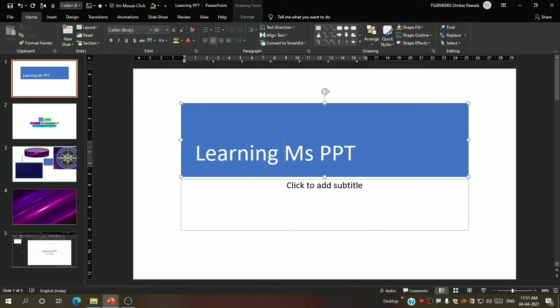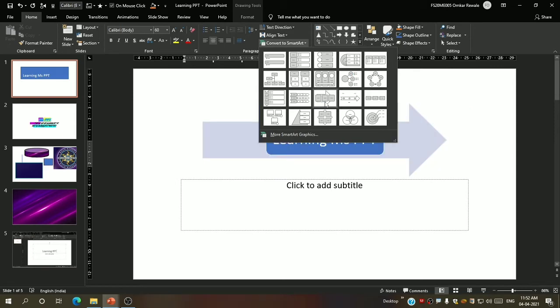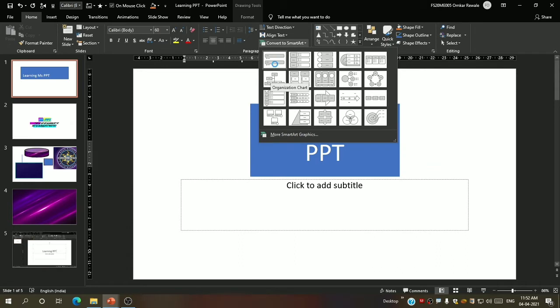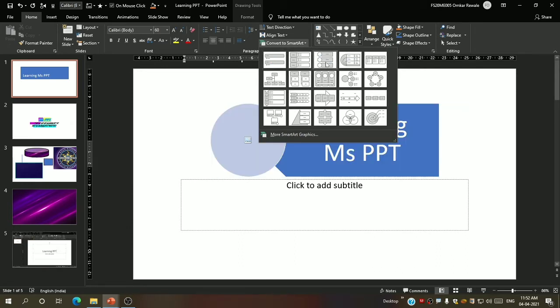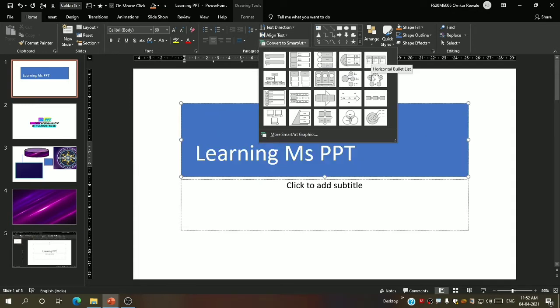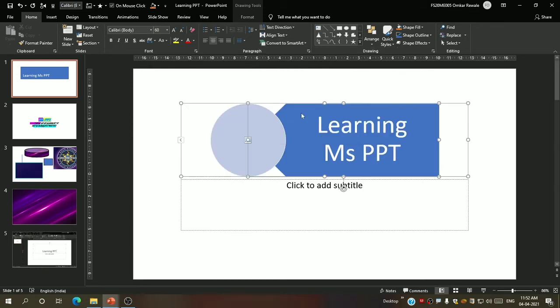So this is basically when we show some presentation, when we make some presentations, we basically convert them to some flow charts or anything, right? So you can also use that over here. You can see, as I am moving over the options, the background color is changing. You can see.